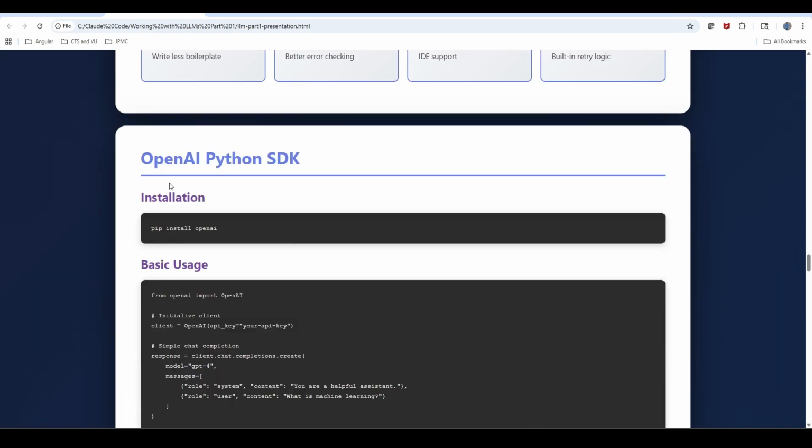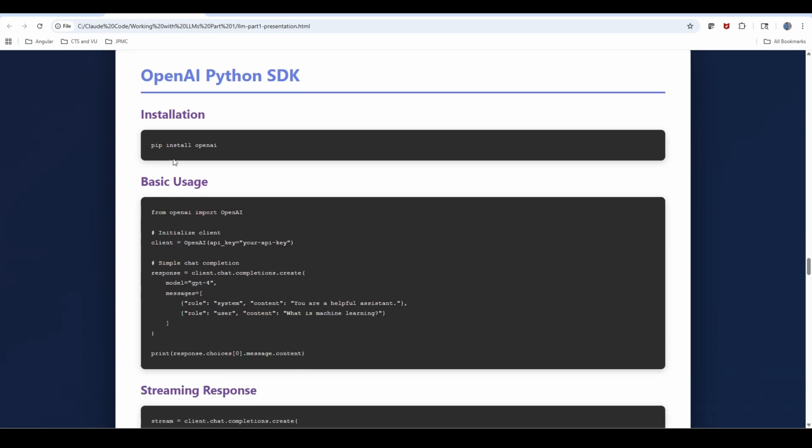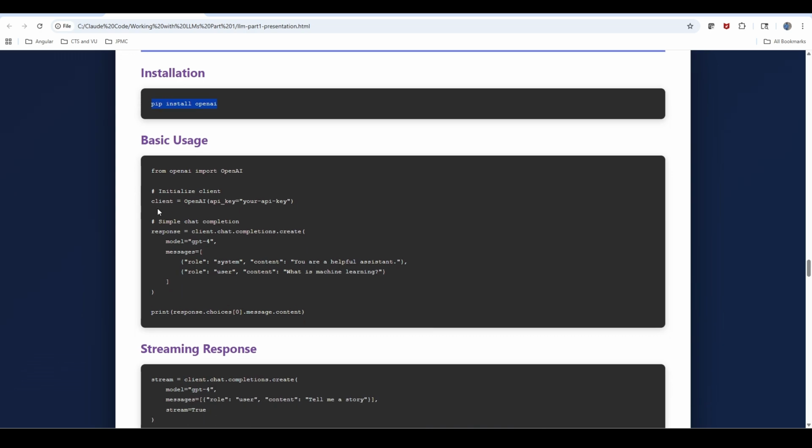There are different kinds of providers, and they provide their own SDKs. If it is Java, you need to add it as part of your pom.xml or Gradle dependencies list. If it is Python, then you simply use pip to install their specific libraries or SDKs. For example, if we take OpenAI, we can run pip install openai so that you get that library.